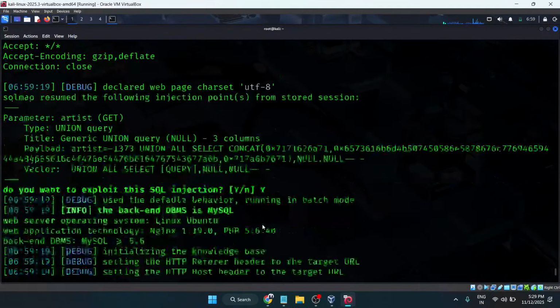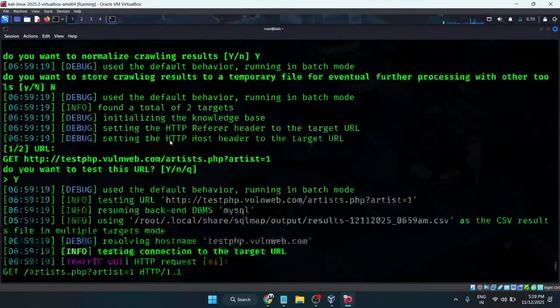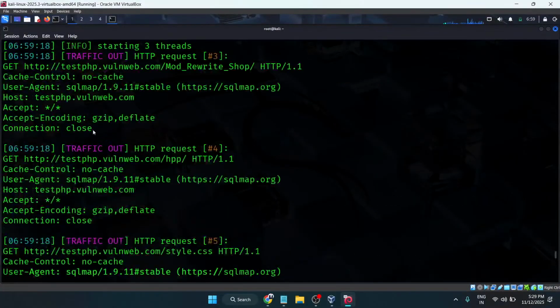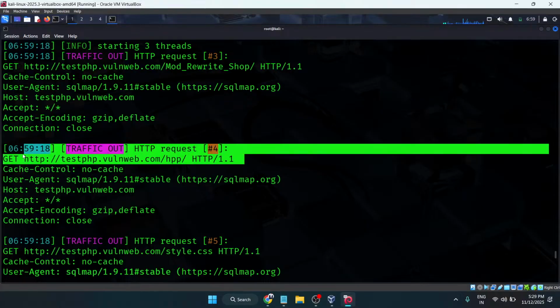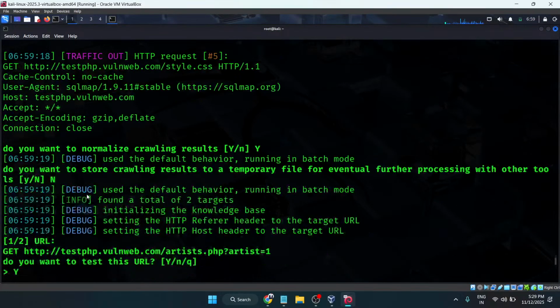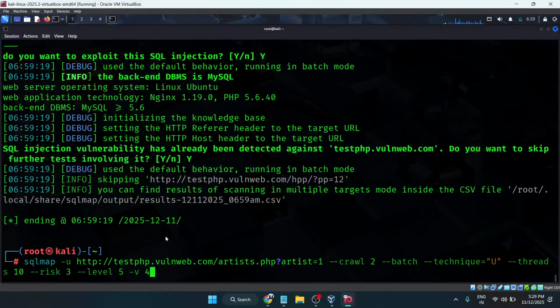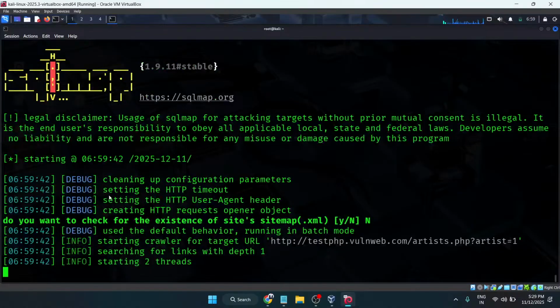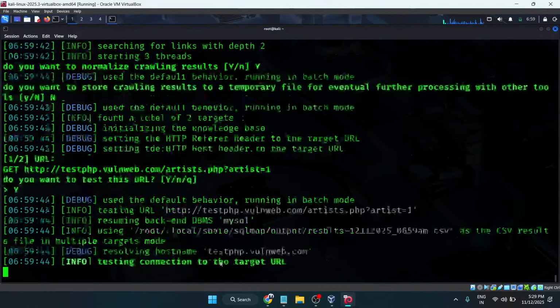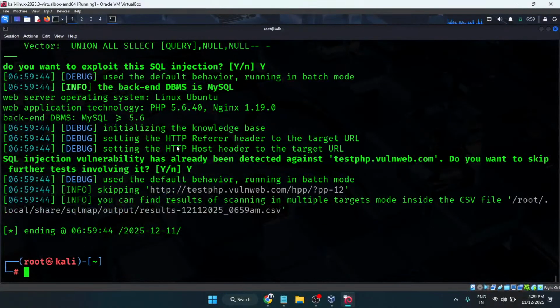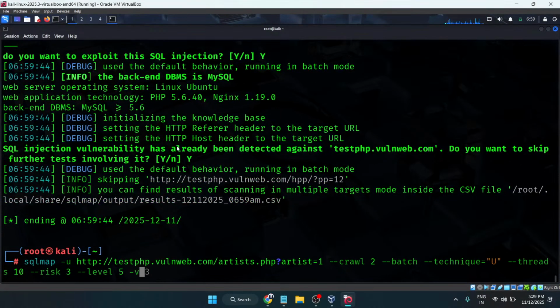Okay, here you can see a lot of requests. Yeah, okay, this is how an HTTP request actually looks. Or I can also try payloads, so I can see the payloads that are being used. But anyway,